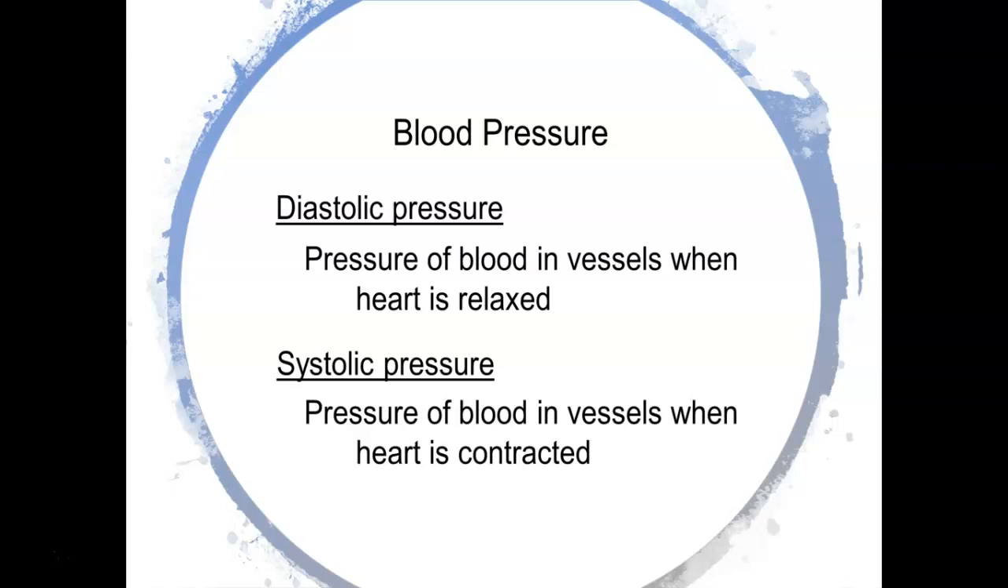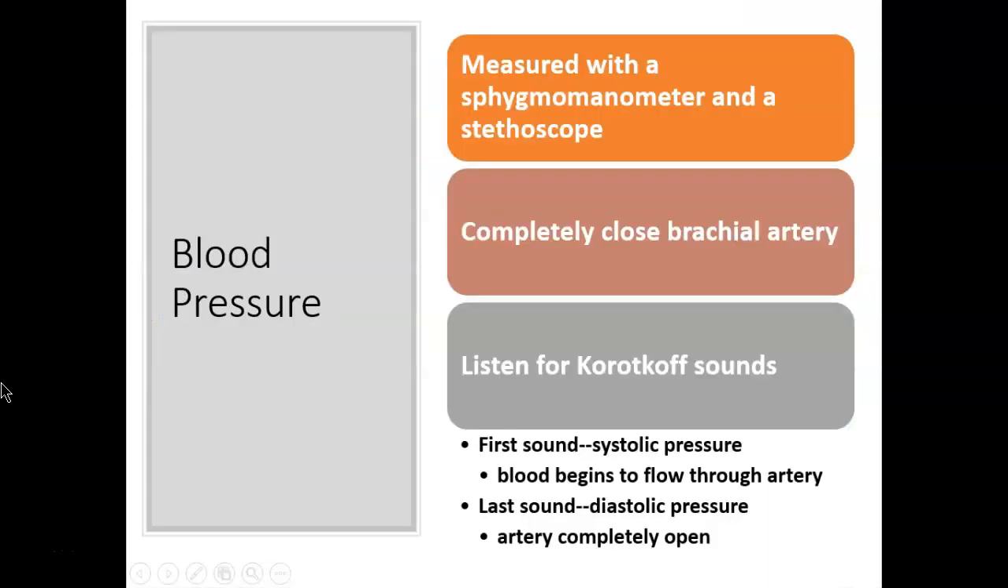So your diastolic pressure is the pressure of the blood in those vessels when the heart is relaxed, and your systolic pressure is the pressure of the blood when the heart is contracted. We measure blood pressure most commonly using a device called a sphygmomanometer, what we commonly call a blood pressure cuff,